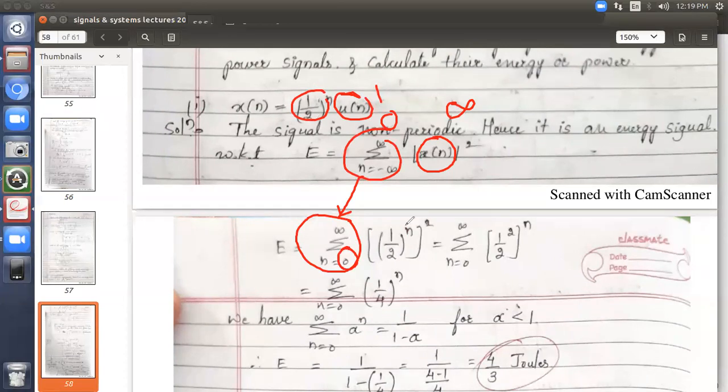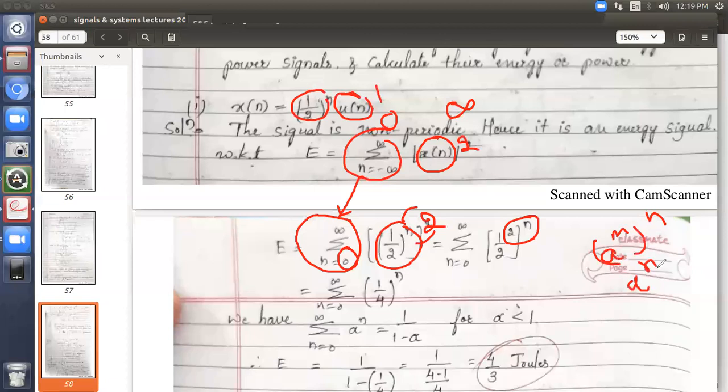And then half raised to n, which I have written, is squared. So what I can do here, from logarithms and indices which you have studied, is swap these two, 2 and n. I can exchange the powers. It is just like a raised to m raised to n.